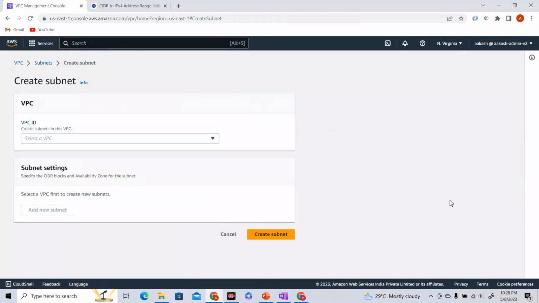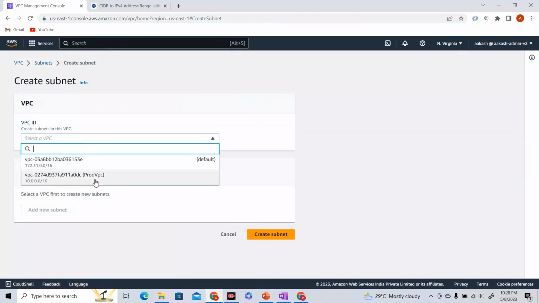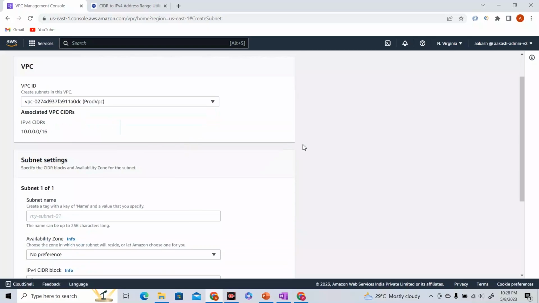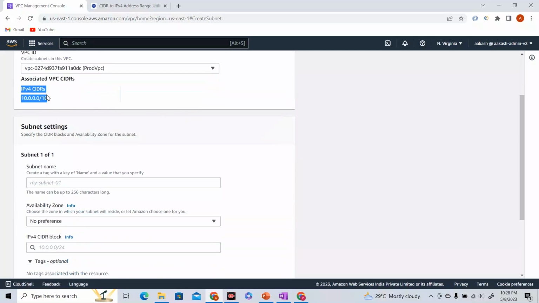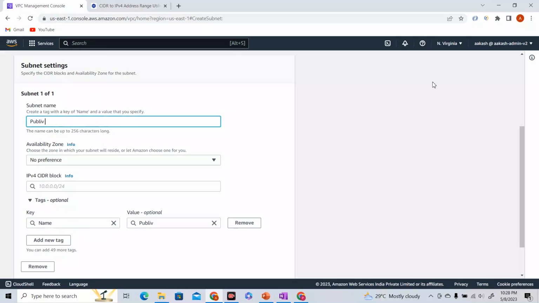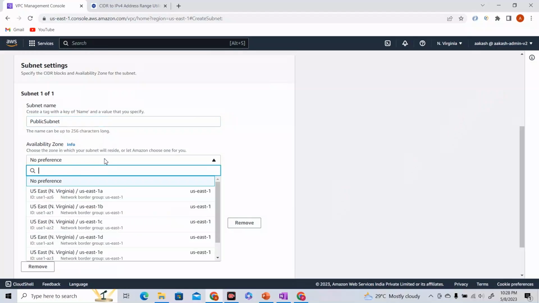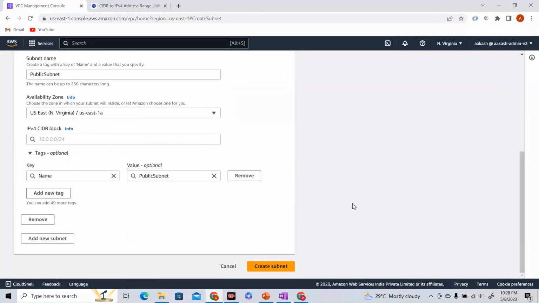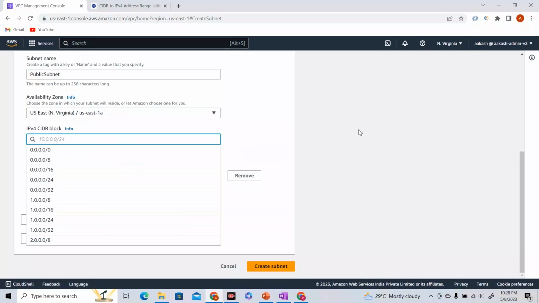For now, let us create two subnets. So let us create subnet, and the VPC we're going to use is this prod VPC. You're going to select that. So the IP for CIDRs is already written over here, for your reference. Okay, so I'm going to add one subnet over here, and I'm going to name this public subnet, and the availability zone I'm going to select as US East 1A. Let us keep it in the same availability zone, and the IPv4 CIDR block for this, let us take